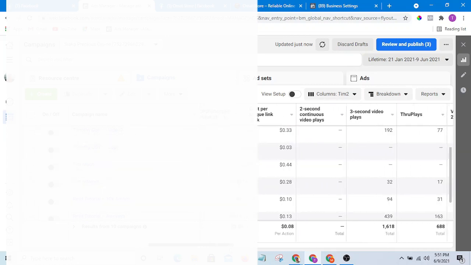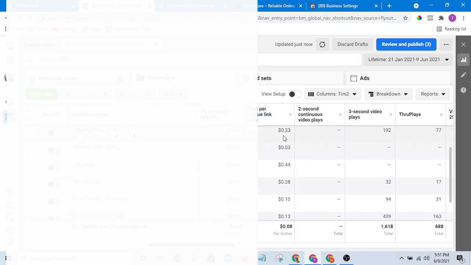Then this unique link click is for a unique click. That is for one single person's click, because one person can click twice, but this unique click records only one person per time. So if one person clicks two times, it is this unique link click that will tell you how many unique clicks you have.